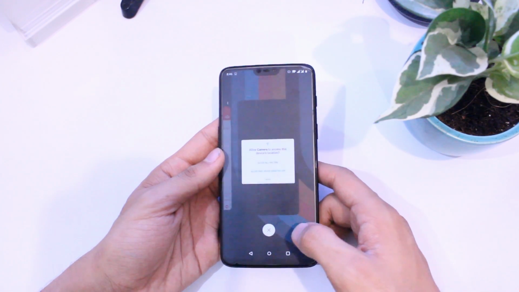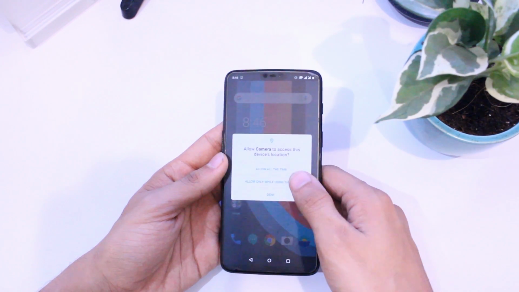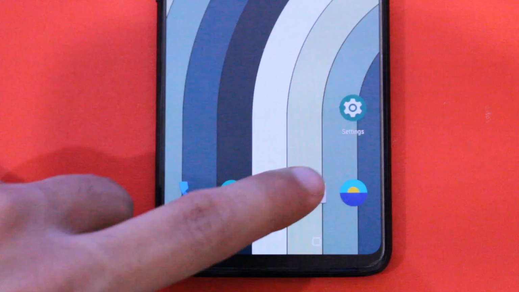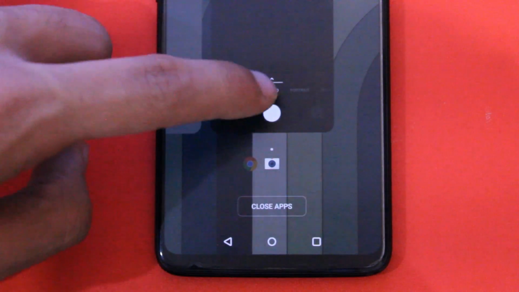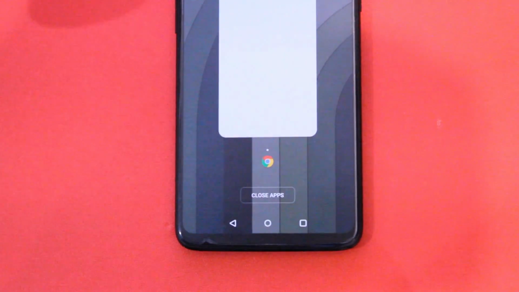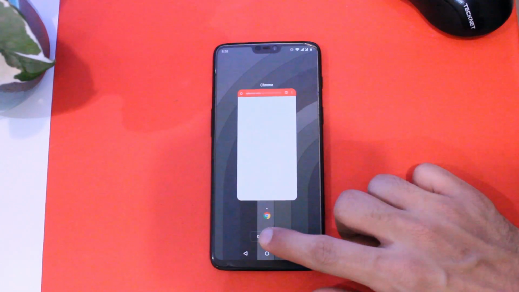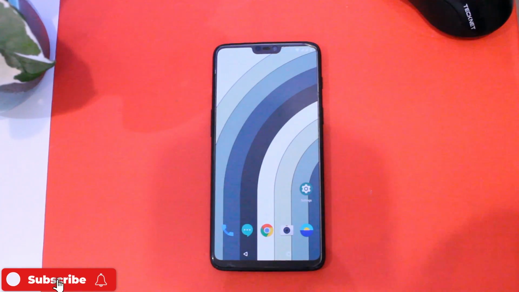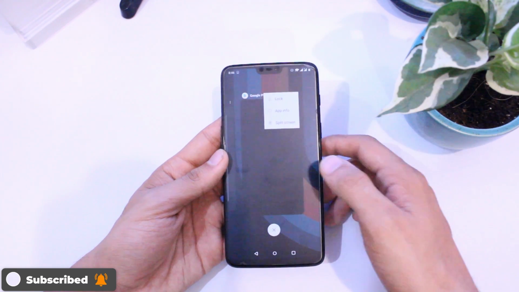Apart from this, you can see we had that cross button previously to close all the apps. So that is also gone now, and we have this close apps button, which is more like in Pixel phones. And I was okay with the previous one as well, but this one is also good and I have no complaints so far. So the last visual change.